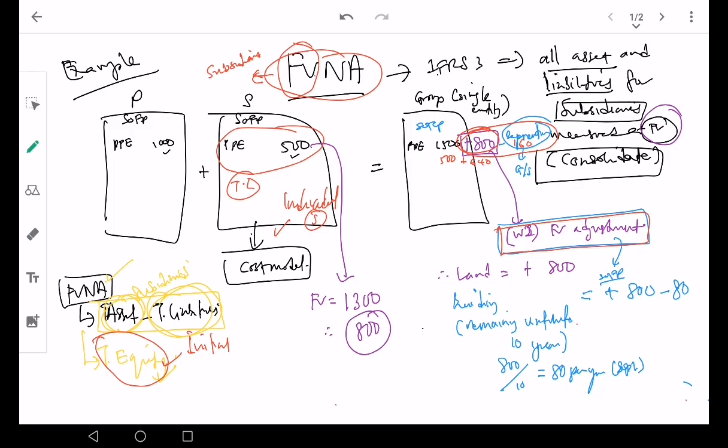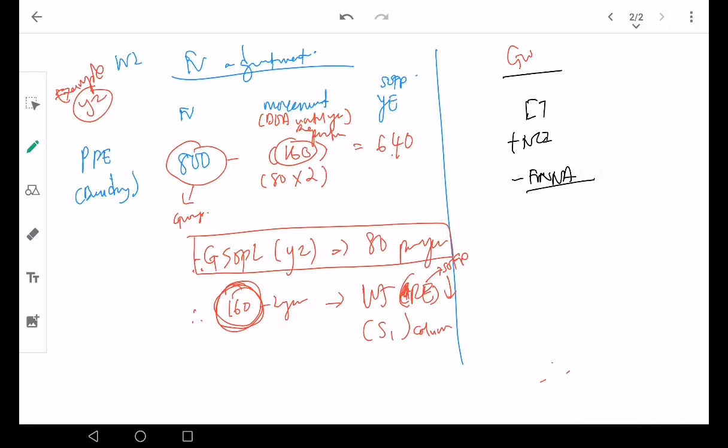This total equity does not include the adjustment yet, the fair value adjustment, as I mentioned just now. So that's why, if you refer here,